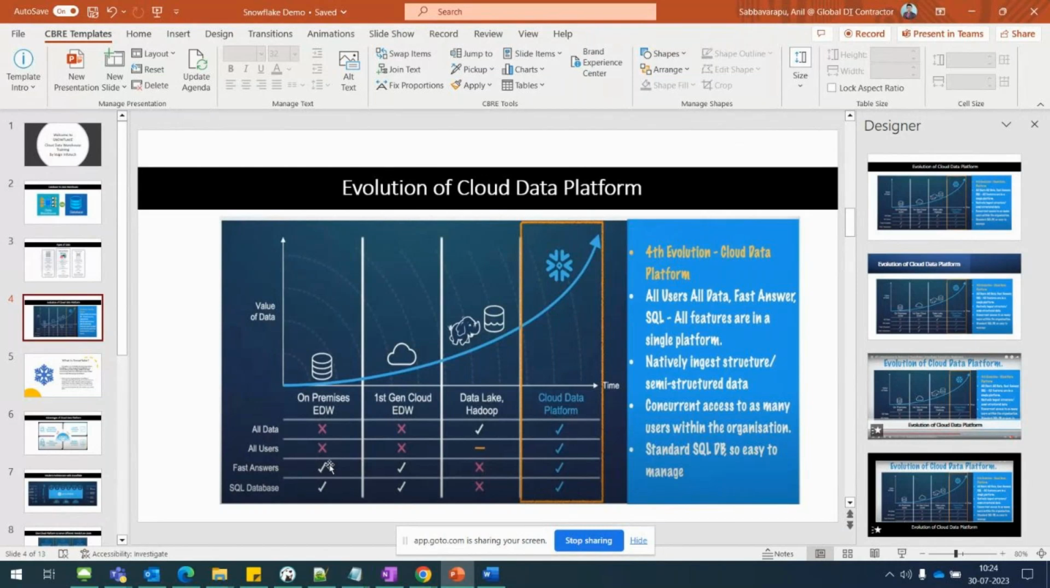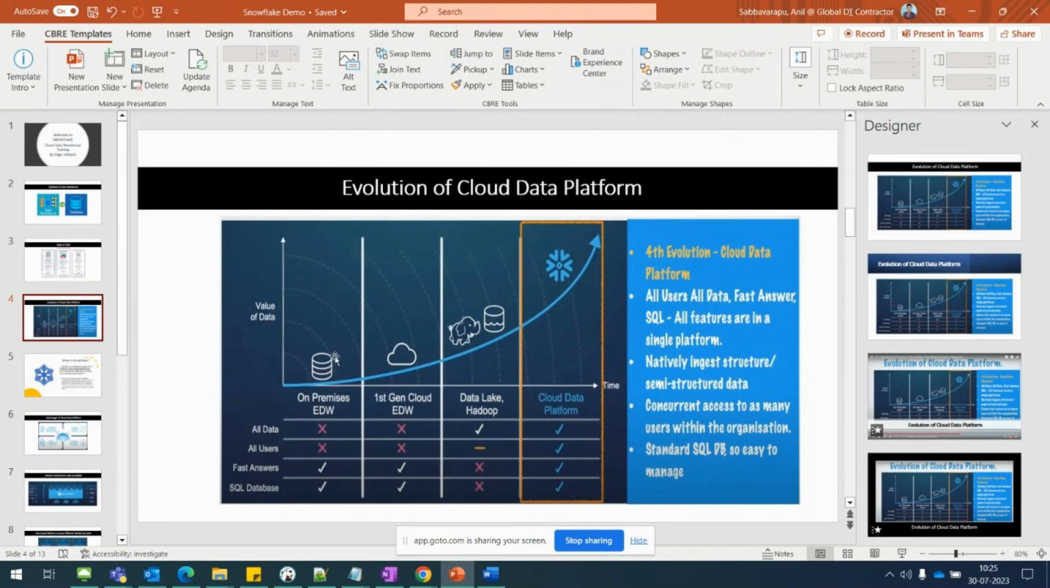But it is not giving support for all the users. Your data might be used by multiple people. The business might be using it for taking some decisions out of it. The data scientist might be using it to draw some trends out of your data and do some analytics. Other tools might be consuming data from your data warehouse. So there are a lot of users